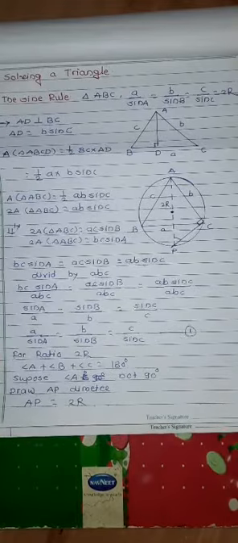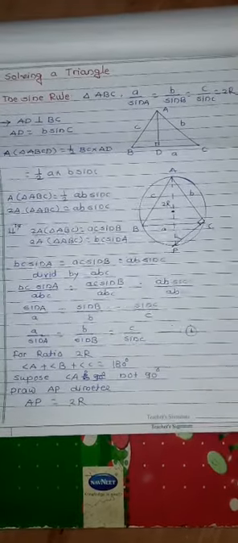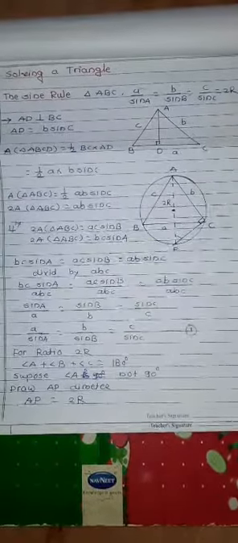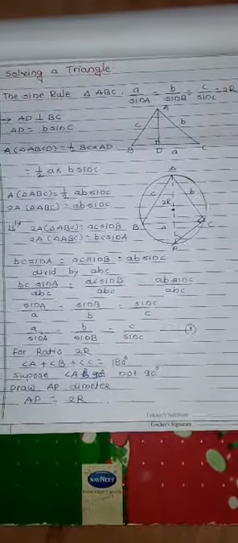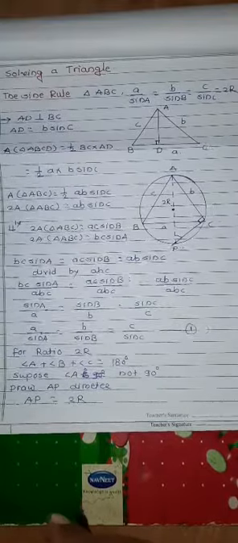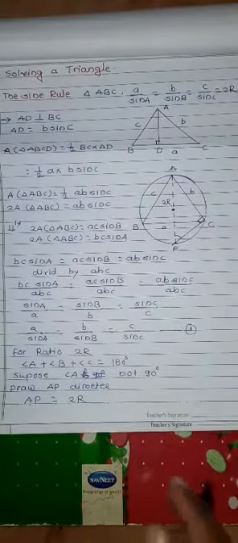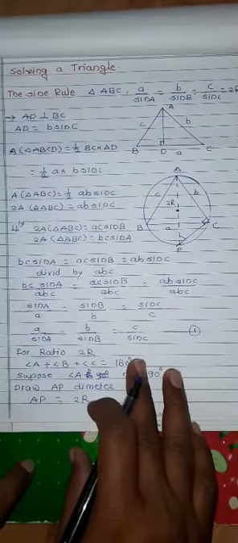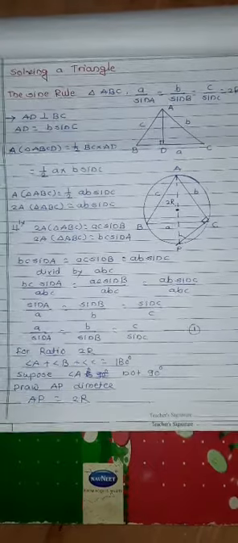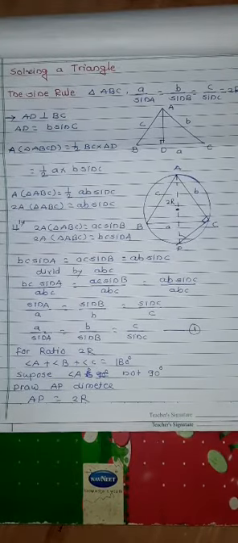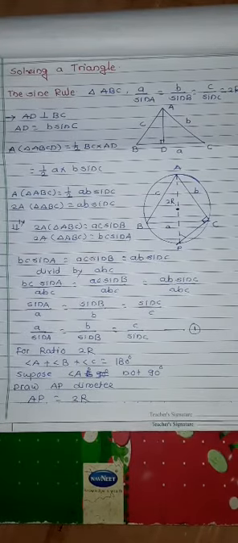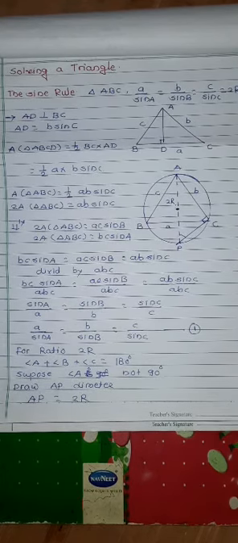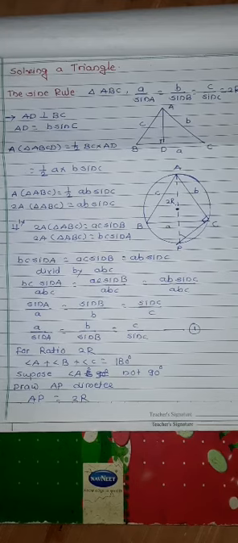Today we are discussing the trigonometric function. In the previous topic, we discussed some part of the trigonometric function. After that, we have to discuss another part of the trigonometric function, which is the solving of a triangle. A triangle has three sides, which means there are three parameters of this triangle.